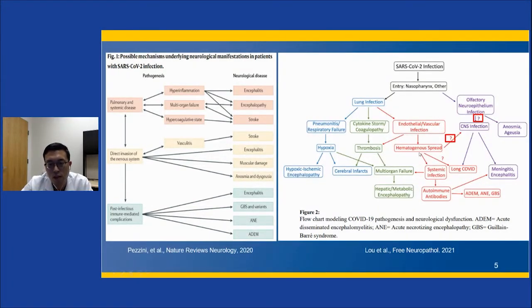The second most common theory is bloodstream infection spread, the viremia, getting into the bloodstream and going into the CNS. So we'll be talking about these different entry hypotheses, and the fact that anosmia is pretty common is interesting. That olfactory pathway may actually be the cause of CNS infection, but we'll be talking about this in neuropathological